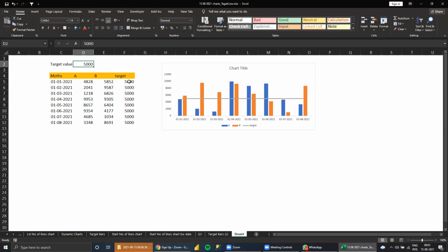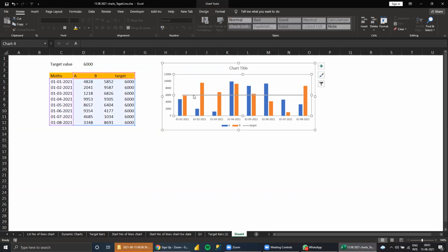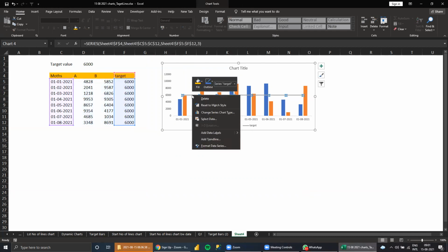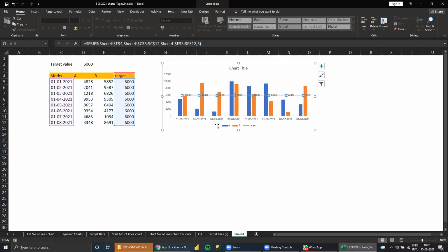Yes, sir. This is very easy, so no need to worry. Manually we can change what target we have, so automatically we see the change here. Now this bar also, add the data labels here. Keep one label, other labels you can delete. See here, click and one more click, delete it.